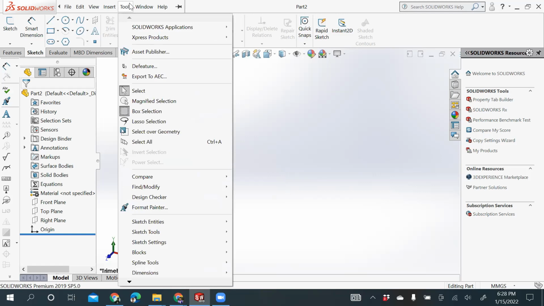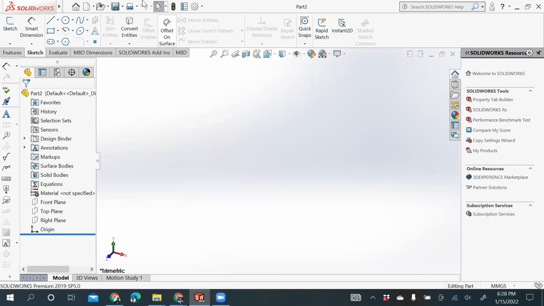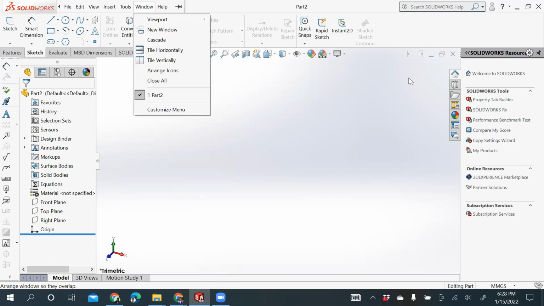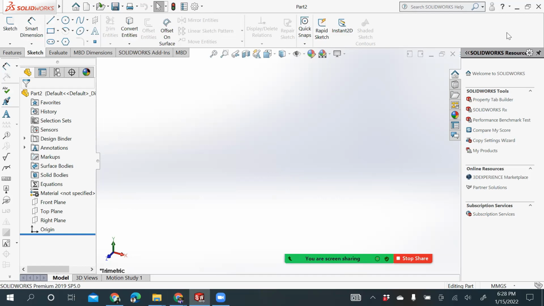Next is the tools module. The tools module takes care of different tools which you have on your screen, what should be shown and what should not be shown. Apart from this, we have this particular tool row which you can see here, which is from the sketch module. When you have the sketch module on, you will have this set of tools to work with. To start with sketching our first basic 2D sketch,